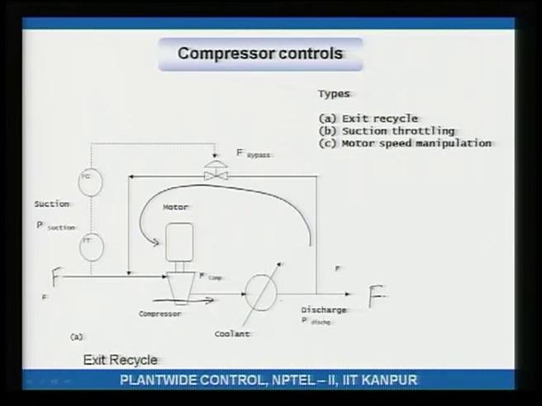Notice that if you don't have this cooler, and then you have this recycle arrangement, what will happen? Input gas is cold, it goes through the compressor, it gets hot, part of this hot gas mixes with this cold gas. So, the temperature here is more, therefore, this temperature goes up. This hotter input to the compressor will give a still hotter output from the compressor.